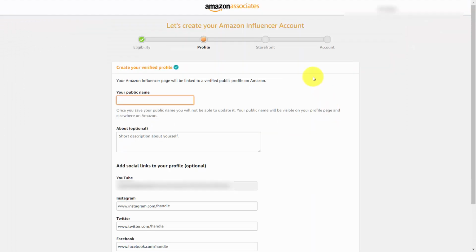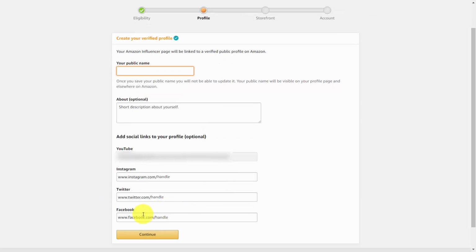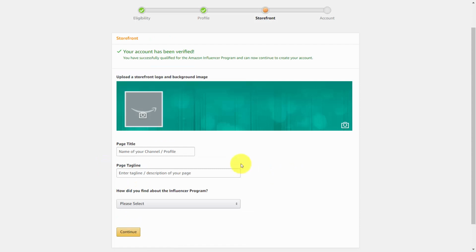Now, once you start the application process, you'll be asked for a public name. You'll be asked to write some information about your account. You'll then need to add in your social links. And once you've done that, you'll then click Continue. You'll then upload your storefront logo as well as a background image. You'll then write in a page title, a tagline, and then Amazon will ask you about how you found out